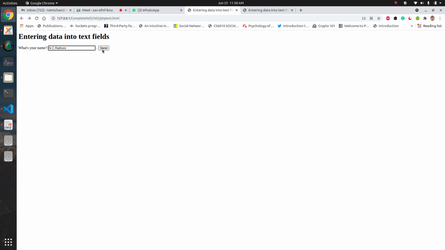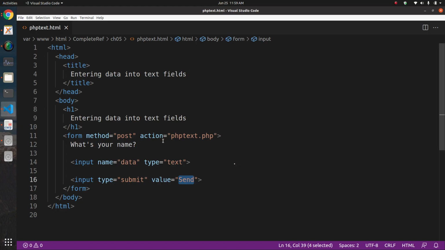Now when I submit this button, that means I click on that button, so this data, that means this input elements data, ये जो input आपको text box दिखाई दे रहा है, this data will be submitted to the script। Which script? This one, php text.php, that is also residing in the same directory। Okay, so this script will receive that data। Okay, and what method this is, it is going to receive that data?